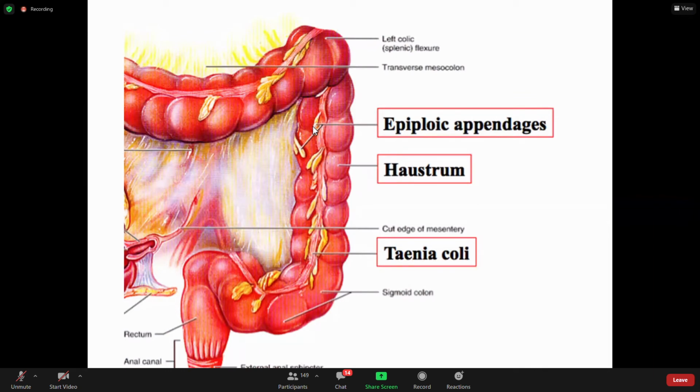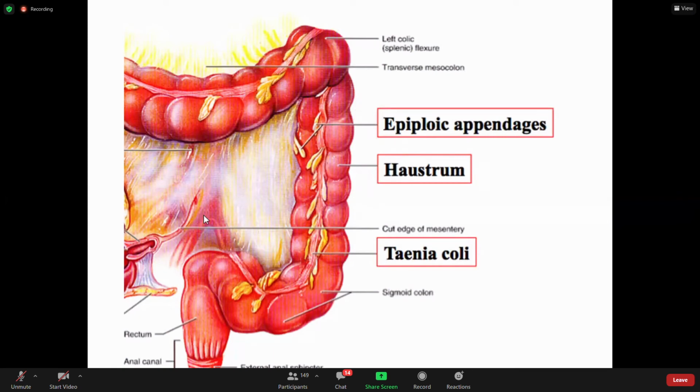Then if you talk about the mobility, of course, most of the small intestine except your duodenum is peritoneal. So it basically has its own mesentery. While, as I mentioned at the beginning, most parts of the large intestine are retroperitoneal and fixed. So the mobility, except of course the appendix, is peritoneal. Then you have the transverse colon and the sigmoid colon, which are held by their corresponding mesentery, but most of the large intestine is fixed.